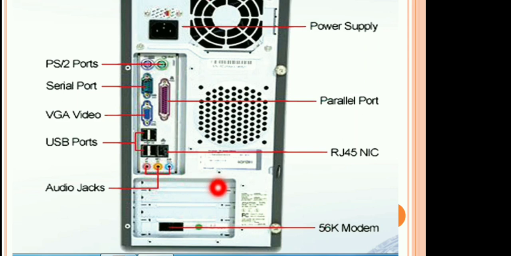Here you can see these slots are the expansion slots. For example, when you are expanding anything in your CPU, you can use these expansion slots. For example, you have a keyboard with a USB port, a mouse with a USB port, speakers with a USB port, and you also want to connect a pen drive with your system. Your three ports are already occupied, and you require two or three more USB ports. At that time you can expand your CPU ports.